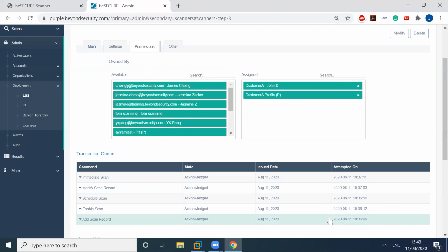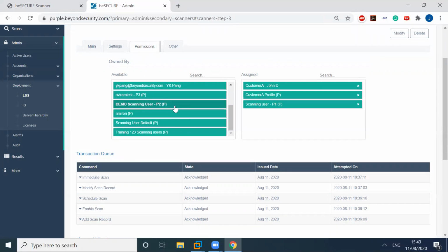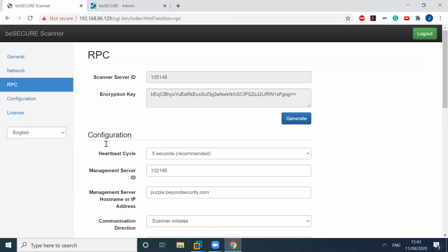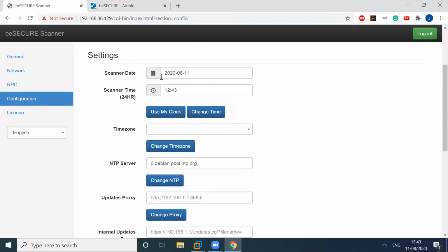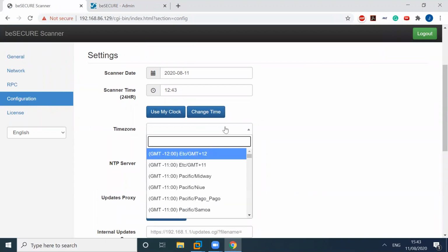What you need to do is contact Beyond Security Support, and we will assign permissions for you. So let's say if you are one of the users over here, like this scanning user group, the demo group, and so on, we will initiate the connection. We will provide you ownership of that local scanner. If we look further into the settings, we have the configuration side where we're going to replace the password. So we're going to type the new password that we want to set up. Then we have the ability to change the time zone of the scan,